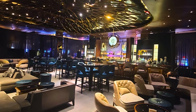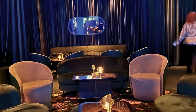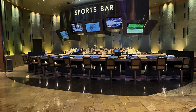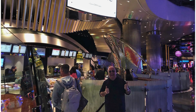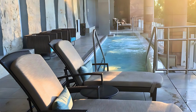Each of these venues promises a distinct experience, from the high-octane thrill of the Jewel nightclub to the serene intimacy of the Easy Speakeasy. No matter where the night takes you within the area, you're guaranteed to be wowed. After an amazing night of Las Vegas fun, the sun rises and the spa beckons as a sanctuary of healing